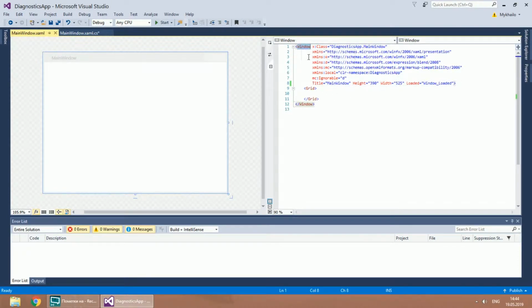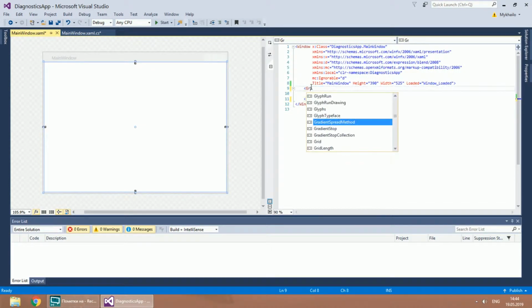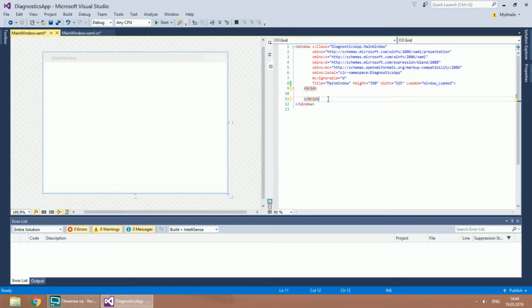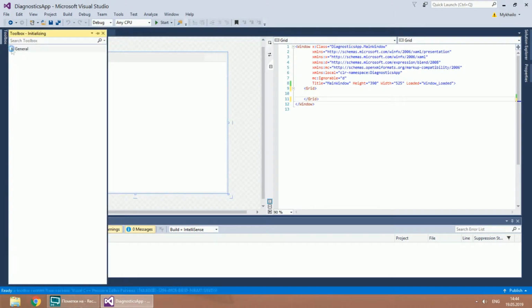Window also can have only one element, which must be a container. You will mainly use a stack panel and a grid, and sometimes you will use a border. If you previously used Windows Forms, bad news for you. Ideally, you type your code and not use a toolbox. But don't worry, you will get used to it very quickly. Besides, you can preview UI changes when you type. You still can use the toolbox just to see what controls actually exist in WPF.